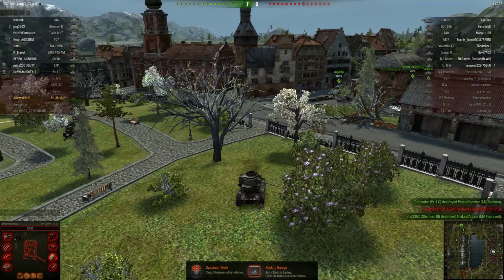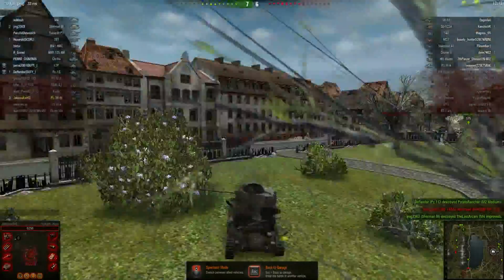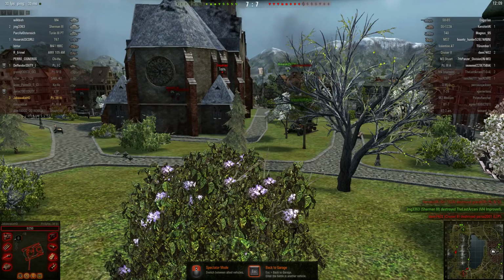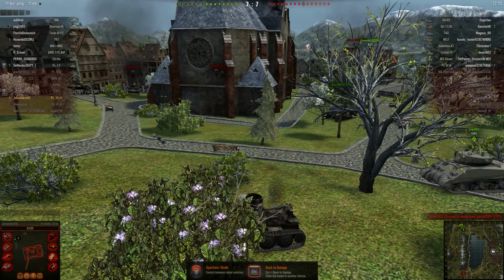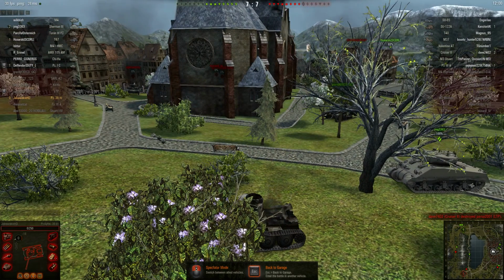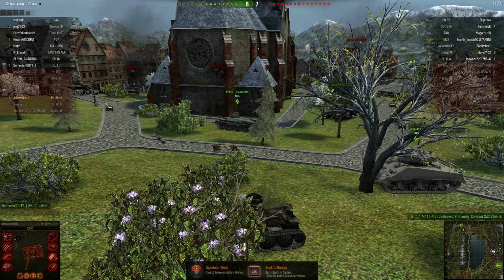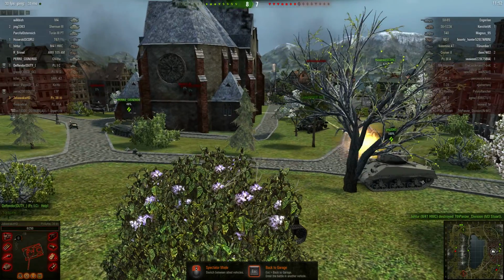This tank also, I mean, look at its size. It's very compact, so it's a hard target to hit, as you can see with the last guy that I killed. It has good camo values, which is basically the percentage of concealment that your camo gives you, a lot higher for this tank than other tanks its tier. Now the cons,